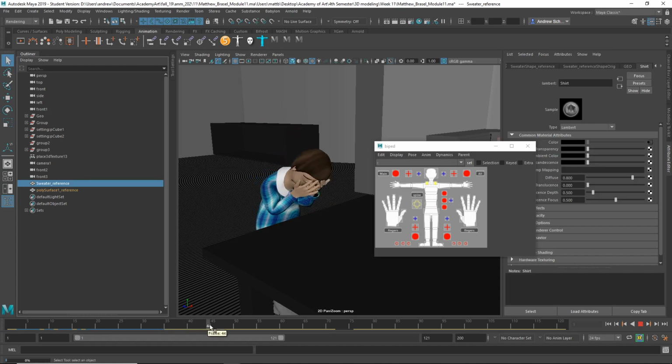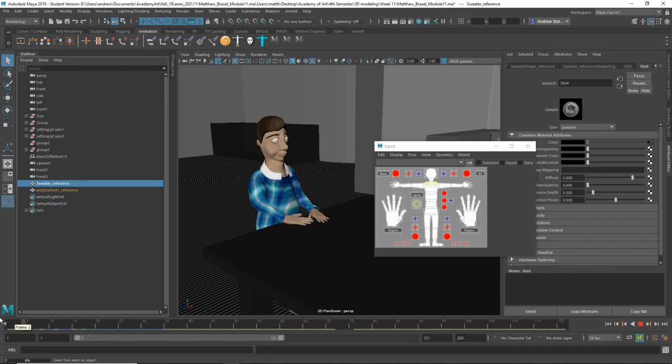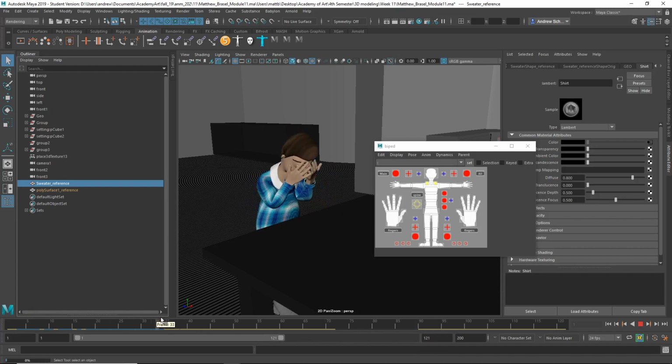Regarding the animation, I think you've got some good stuff going on. One thing you're suffering from is what they call, in traditional animation, twinning, where both the left side and the right side are doing the exact same thing. So let's try to